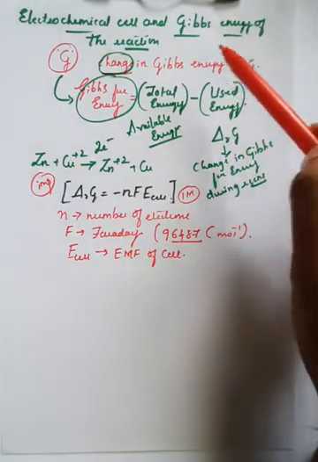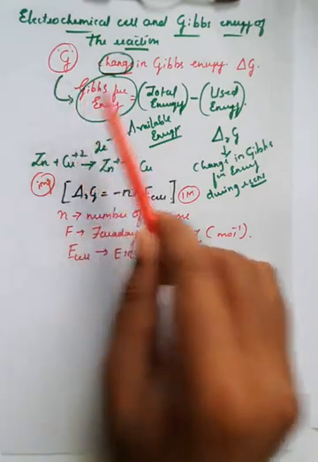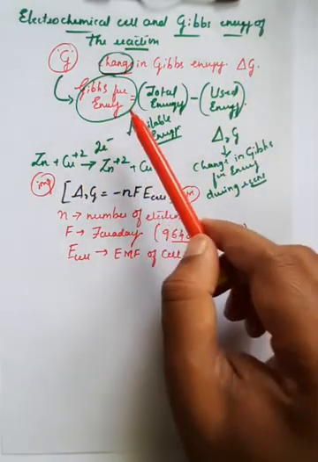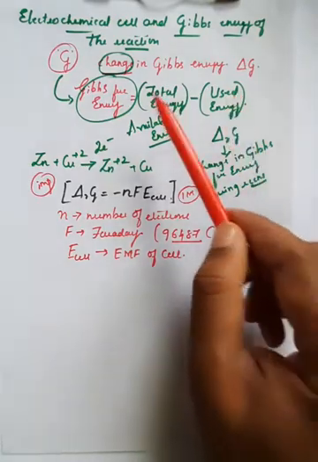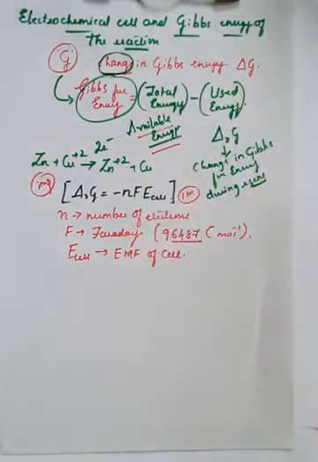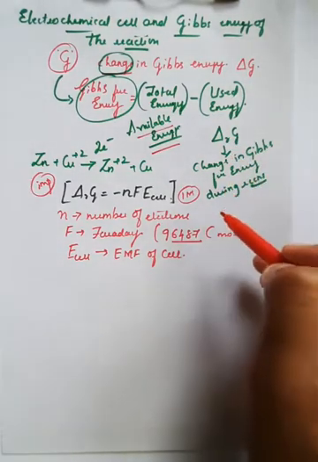And whenever you apply the Gibbs free energy or Gibbs energy, G represents the Gibbs free energy, delta G represents the change in Gibbs free energy. Generally Gibbs free energy is nothing but the total energy minus used energy, which is nothing but the available energy. This available energy is called Gibbs free energy. And delta R of G represents the change in Gibbs free energy during the reaction.